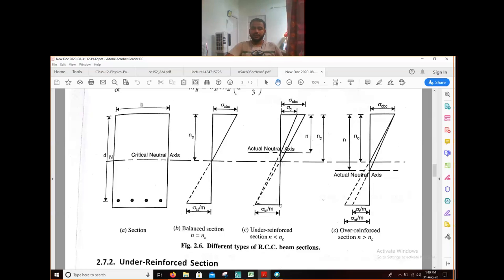So when steel attains its permissible value, that means when the stress in steel reaches its permissible value,